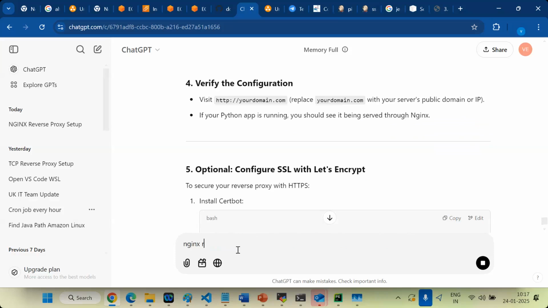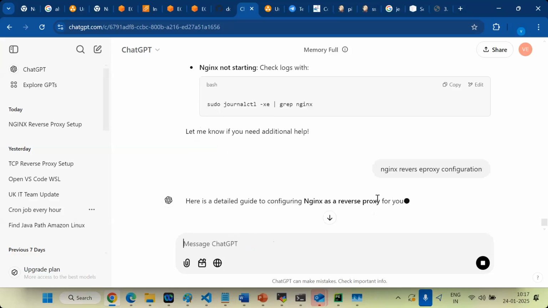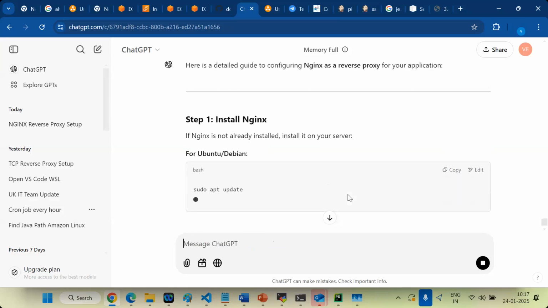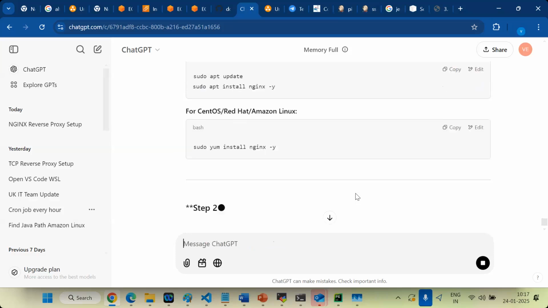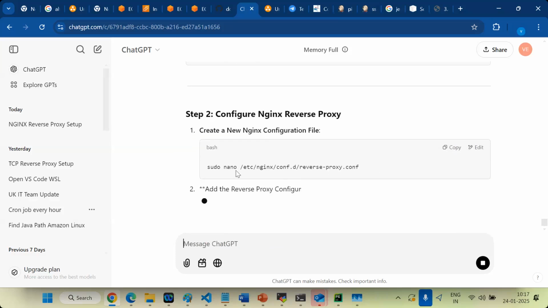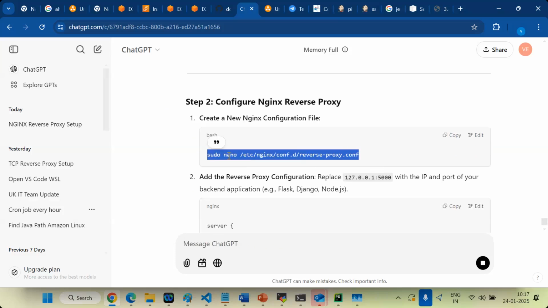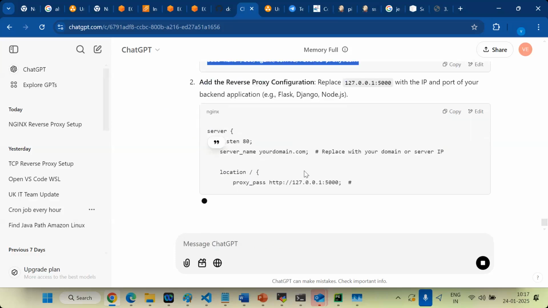Nginx reverse proxy configuration. Install Nginx first. So this is the path. Nano or Vi.